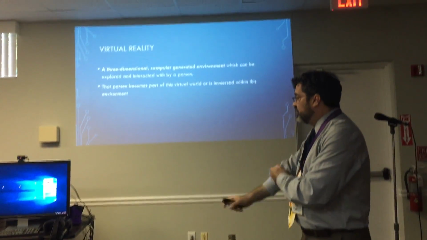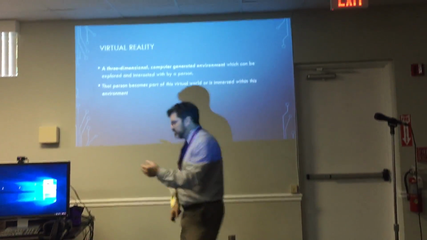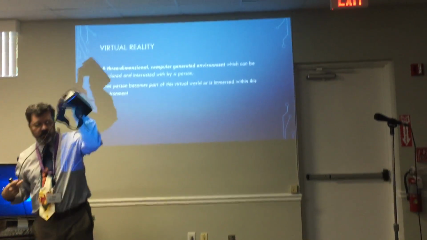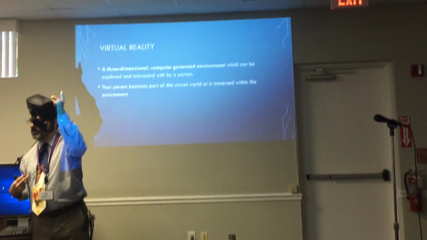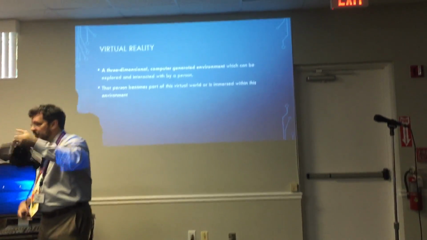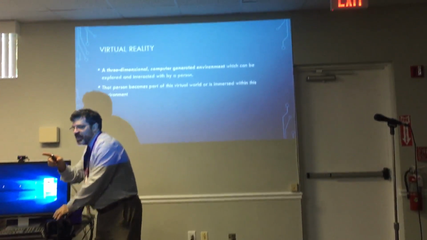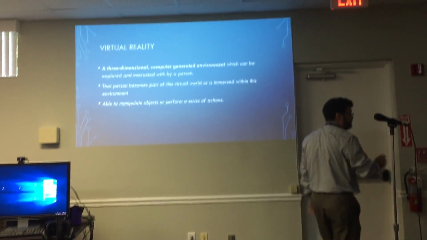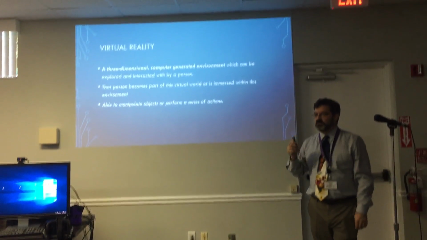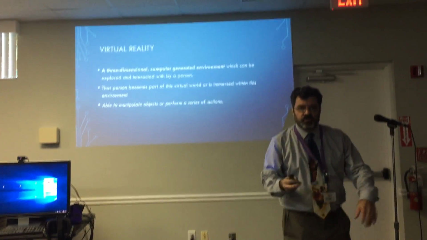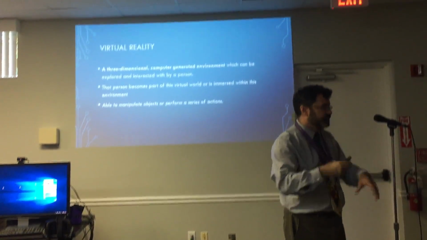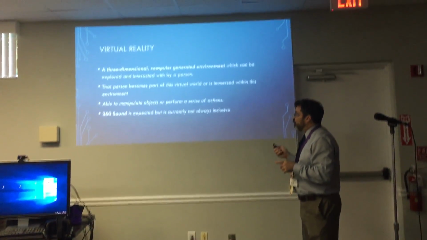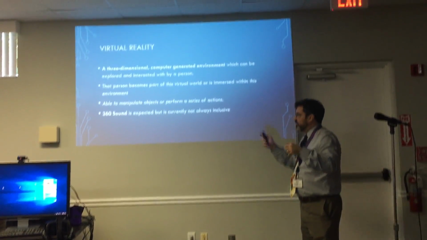Now, the trick to that is you're going to need some sort of headset. So you're going to need something that will block out all of the light, all of the things around you, so that it's fully in. We're going to talk about why your phone's not really meant to do that in just a second. You need to be able to manipulate things. So if you need to be able to manipulate objects in virtual reality, you need a way to do that. And if your phone's up at your face, kind of hard to pull that off. Haptic feedback is one way of doing that. I'm going to show that in just a second.